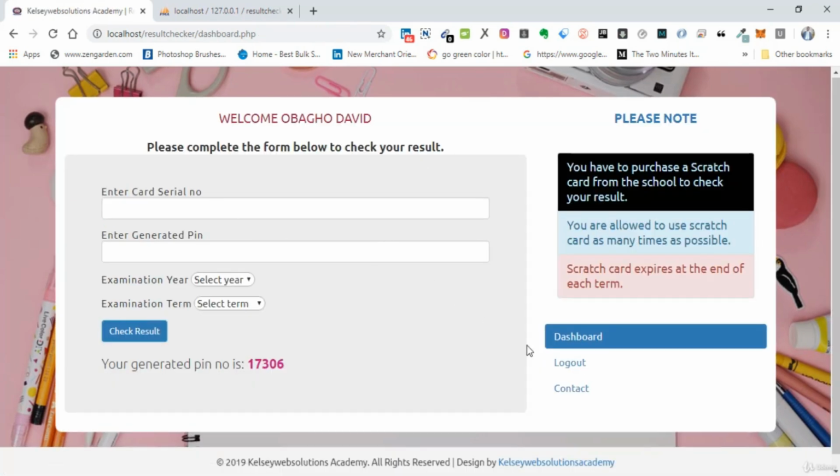Now I'm going to log out from this particular student account. As you can see, we have also the logout functionality here, so a student can log out successfully. And also we have a button, a link here that says contact. So this actually links to our WhatsApp page. You can put anything here, you can put your email here or whatever you want to put here. Okay, so I'm going to log out of this particular student account and log into another student whose result has